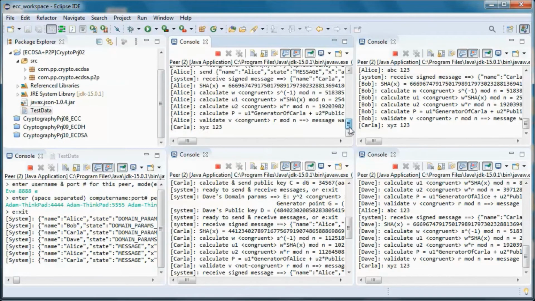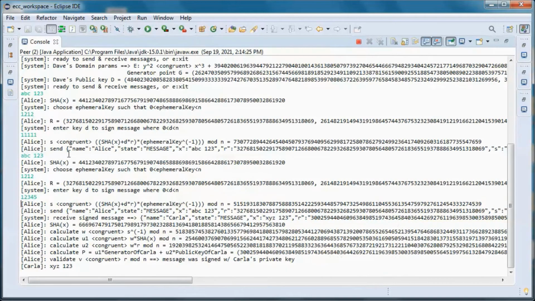So each one of the other three communicating peers realized that the message was signed with Carla's private key.